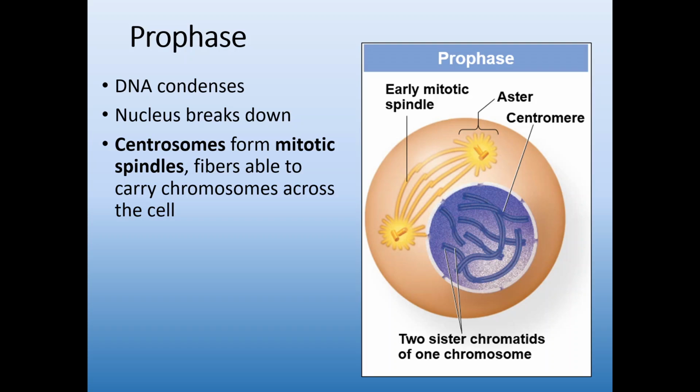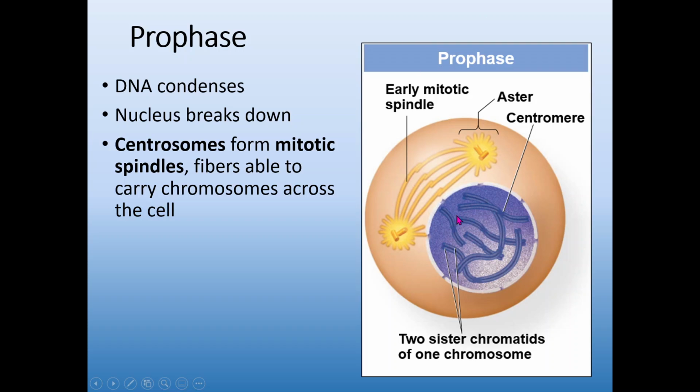So our DNA has already duplicated. I'm kind of skipping over that step. Again, I'm simplifying the process here. So we're going to start with the actual process of beginning to divide for mitosis, and that is prophase. All of those sister chromatids are condensing. They're contracting into a single location within the nucleus.